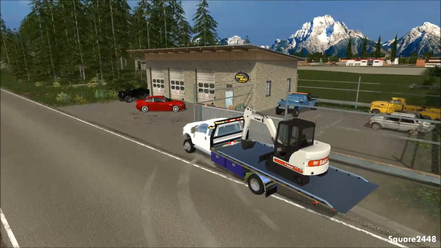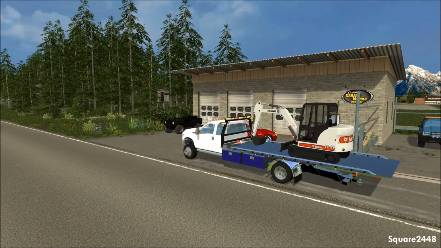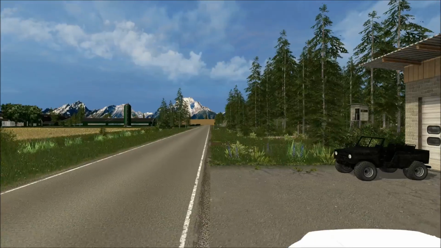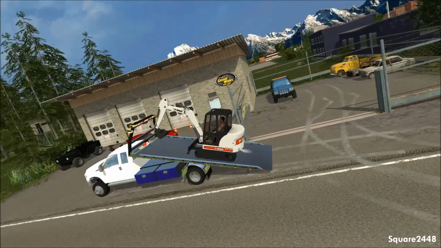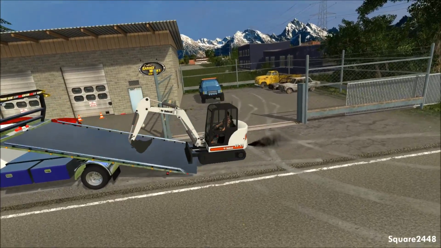I think that it's better for us just to pull out front here, and it's a lot easier than backing all the way in it, especially since that's a pretty small fenced in area. We'll keep the truck running, since we will be hopping back in and going after one more repo in this one. We'll back on up here. This is a pretty cool